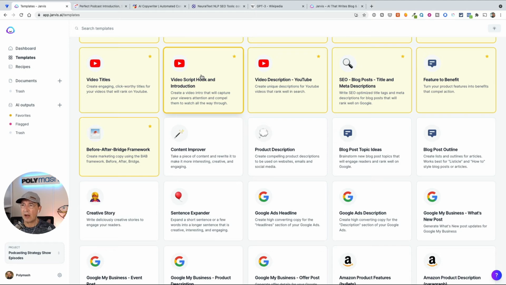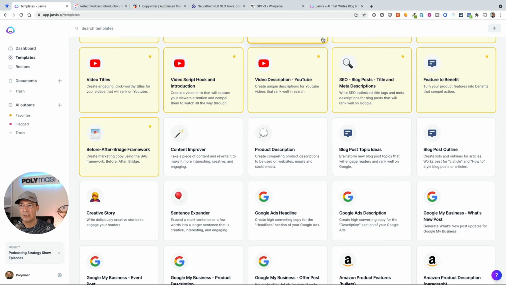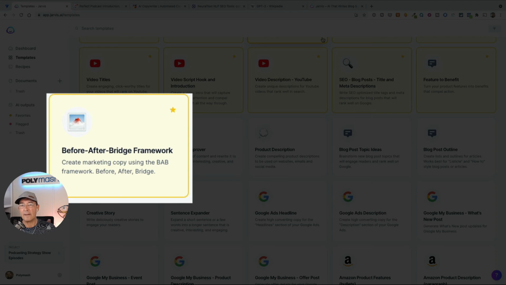And the last two are feature to benefit. That's basically where you list a set of features. And they're coming from a point of view of tell us your product features, and then we turn it into benefit-driven language that compels action on the part of listeners. But I would say that this could just as easily be a podcast episode, and what some of the highlights were in the podcast episode. If you want to turn those into more benefit-driven language, sometimes that's a good idea, or that's an application that might be worth trying.